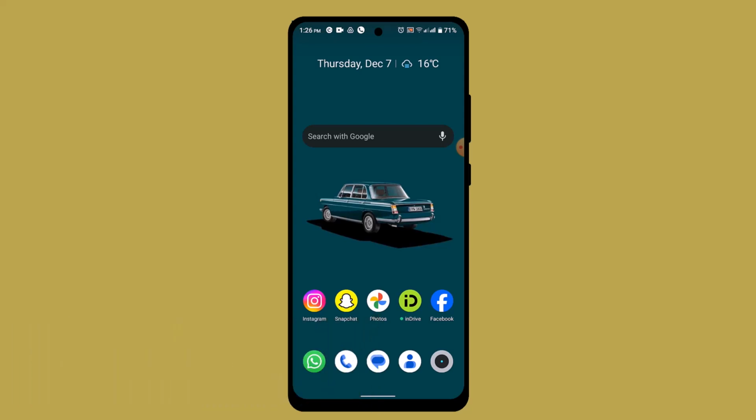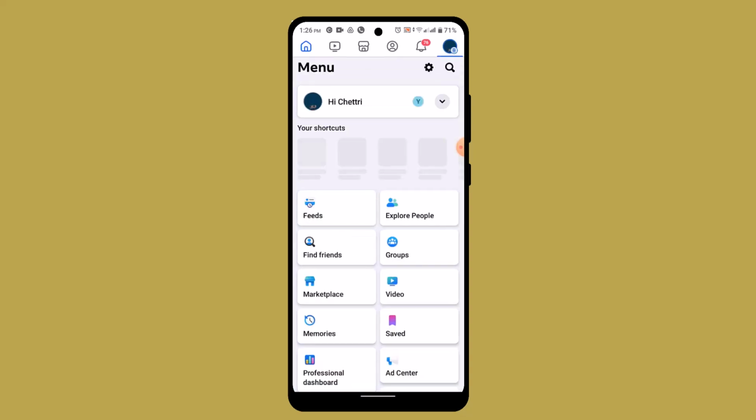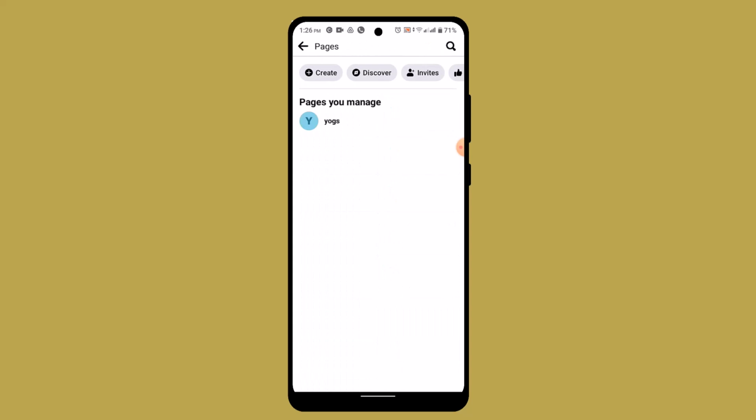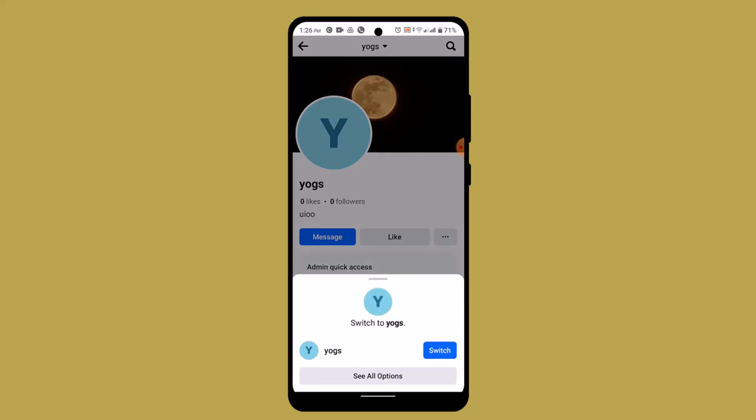Now log in to your Facebook account. So basically you'll have to log in to your Facebook page and then navigate to your feed. So go ahead and open up your page by tapping the tri-bar icon from the top and go to pages. After that, go ahead and open up the page that you own, and once you open the page, you'll